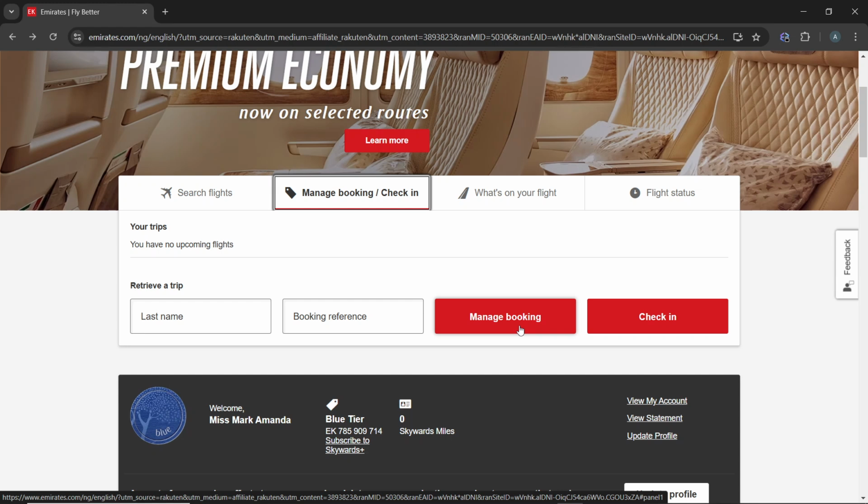Now after accessing your booking, you will see the details of your flight, including the flight number, departure date and destination. So select the flights you want to specifically cancel. Have you done that? Now, depending on your ticket type and fare rules, you may see an option to cancel